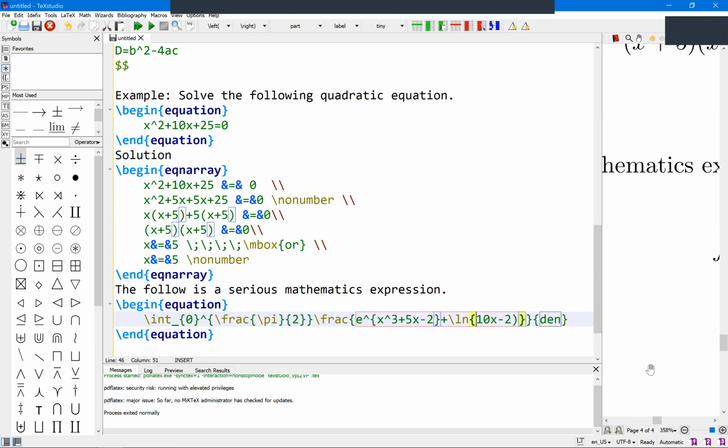So let me put them in brackets. Oh, I should have typed the first bracket. Okay, so that is the numerator. Then